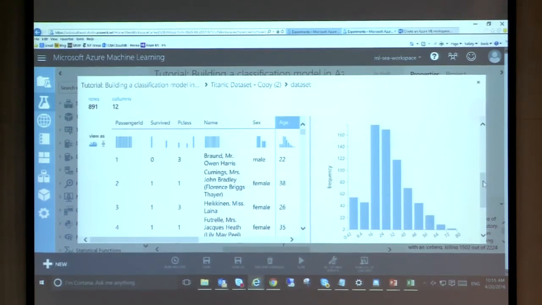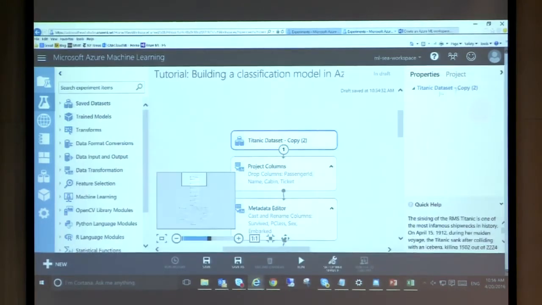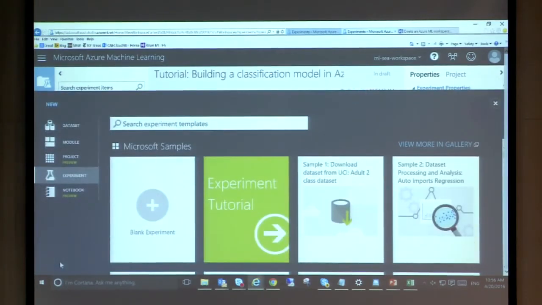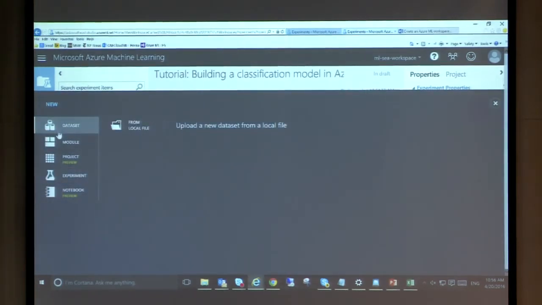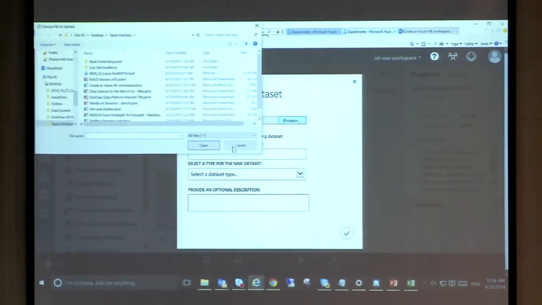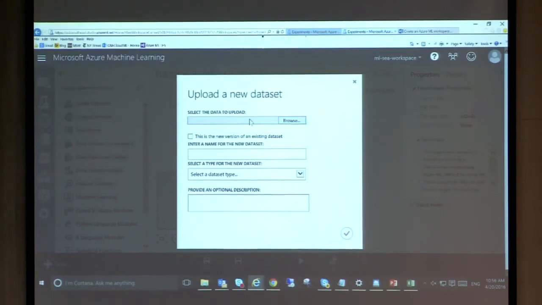So again, this is just one data set. You can bring in your own data set, the data set that you're going to use for your machine learning experiment. There are a few ways to bring in data sets. One is you can click this plus New button, and here is a data set option. And you can upload a data set, a CSV, essentially. So you can upload a CSV file if you